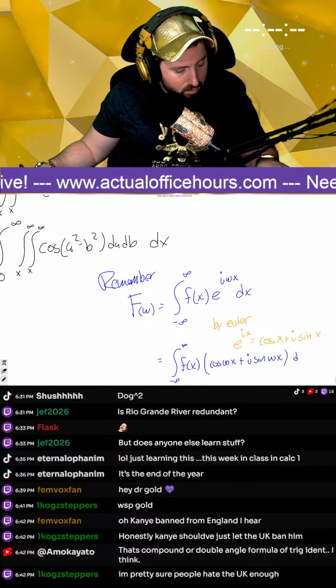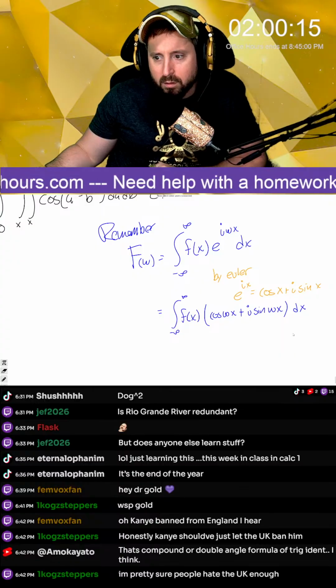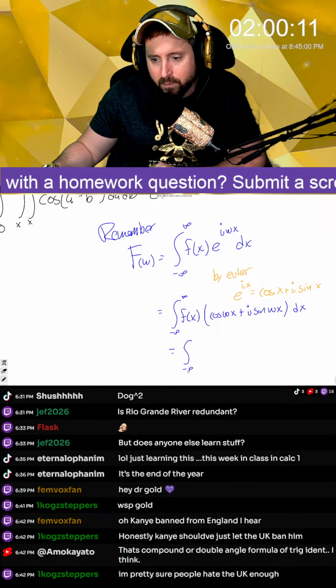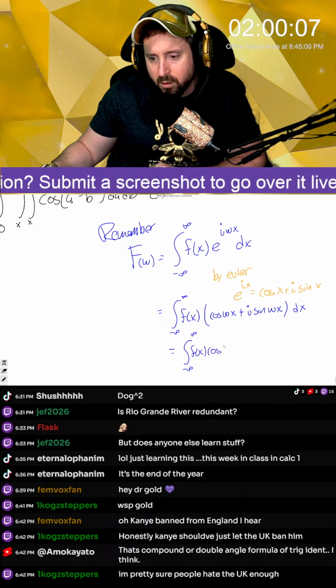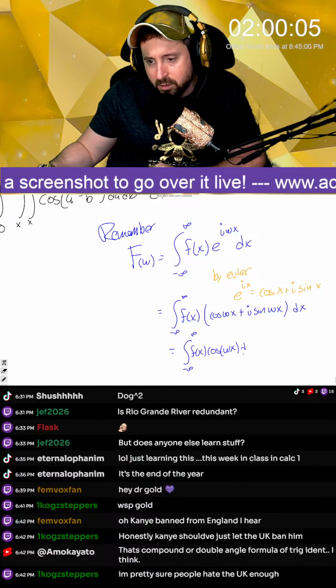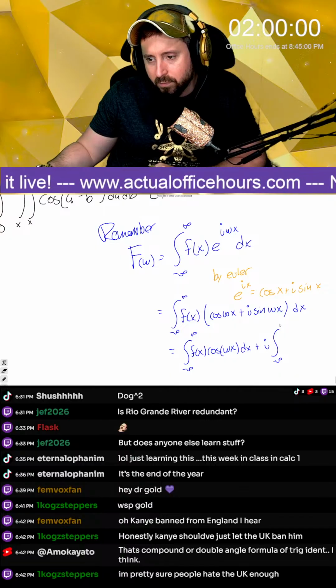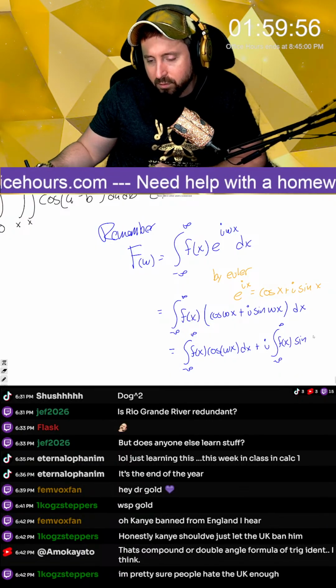And then dx, right? Yeah. Cool. Perfect. Then turn it into two separate integrals. So this is equal to the integral from negative infinity to infinity of f of x cosine omega x dx plus i times the integral from negative infinity to infinity of f of x sine omega x